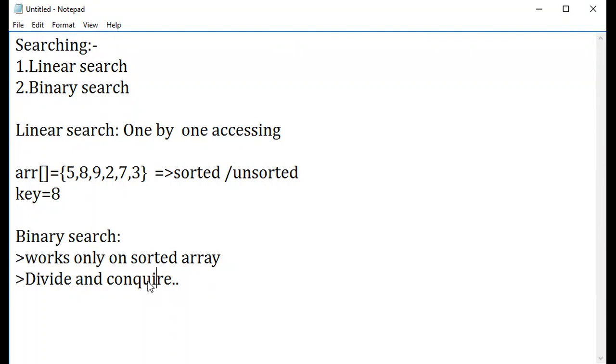For binary search, we are going to follow this divide and conquer method. But make sure that before applying binary search, the array should be sorted. For an unsorted array, it is not advisable. So let me take an example so that people can understand the process. Here I am going to explain only the algorithm, guys. You are going to code it. Let me show you what you are going to do.